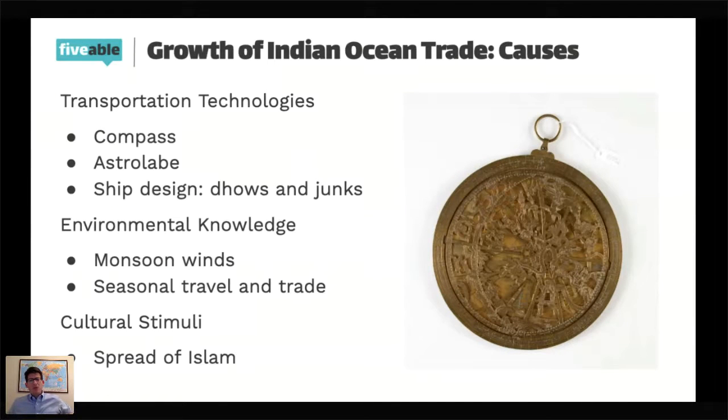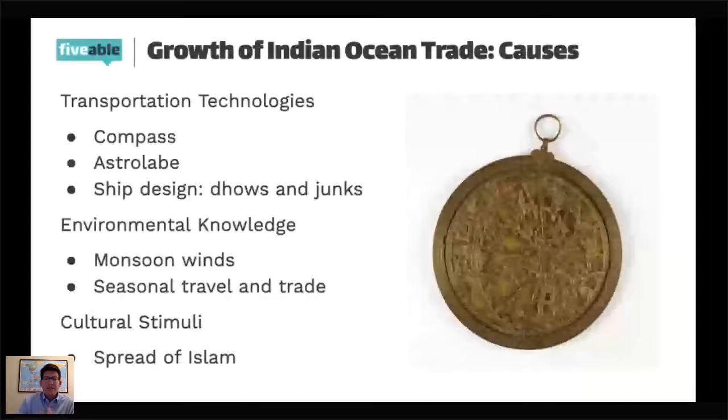And this other tool known as the astrolabe. The image you see here is one example of an astrolabe, though they could take many different forms. There was one image I saw of an Arabian astrolabe that was spherical. And what the astrolabe did was chart the stars. So what it allowed merchants or sailors to do was to understand their latitude on Earth, not just the direction they were traveling. And it also allowed them to navigate by the stars at night.